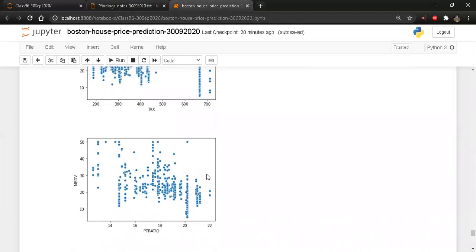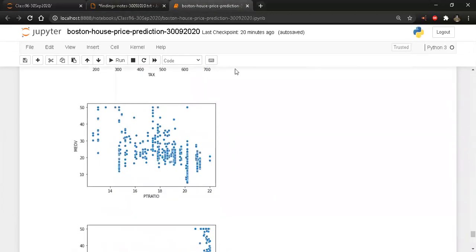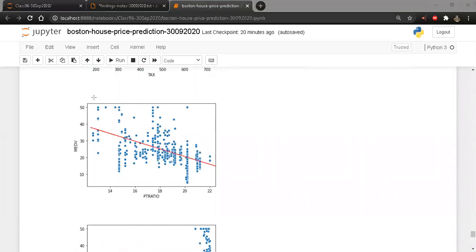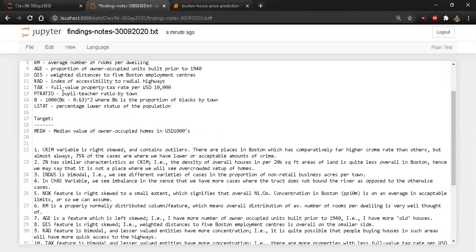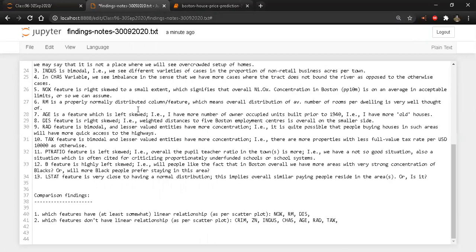Then the other one is PT ratio. Not bad. And this is really not very bad. I can fit a line like this. And if I'm able to remove the outliers, this is going to be a good model. If I was doing a simple linear regression with only PT ratio and MEDV, let's quickly check what PT ratio is as well. And there is a clear downward trend, right? What is PT ratio? Pupil teacher ratio by town. We saw the definition on Wikipedia as well, right? We know this is bad. So pupil teacher ratio increasing is not good.